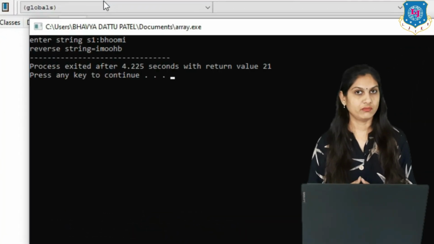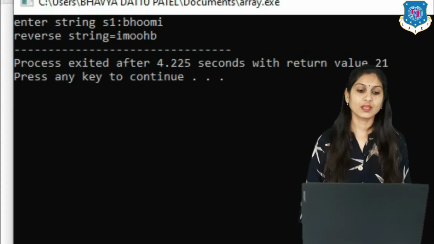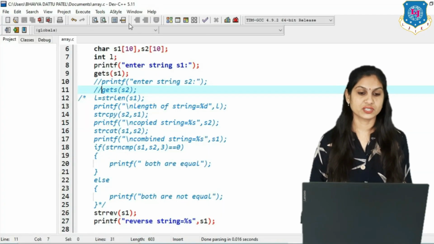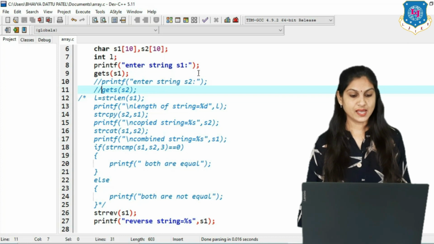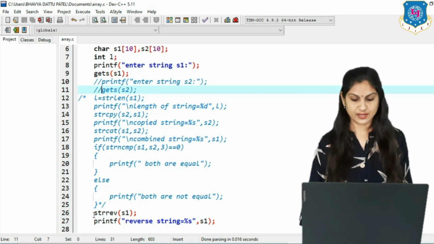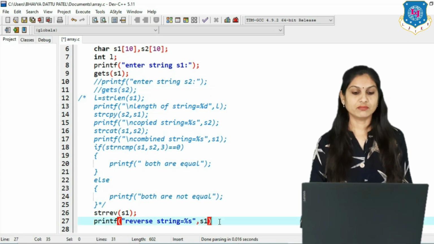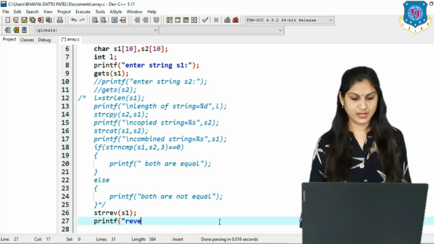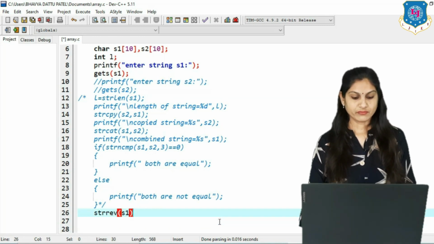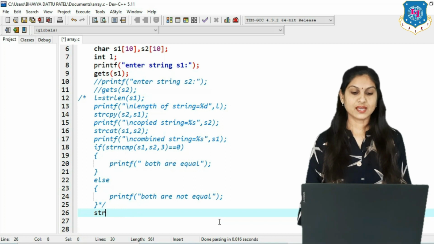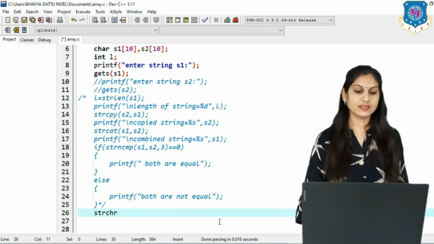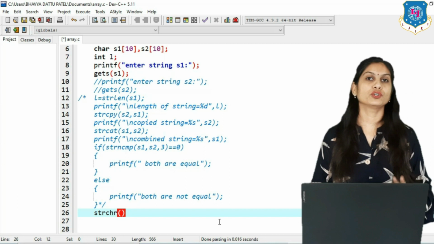it becomes reverse. Clear? Now see here another function, that is strchr, that is not discussed in our previous theory part. For that we have to use the strchr function, and in that function we have to put two things.